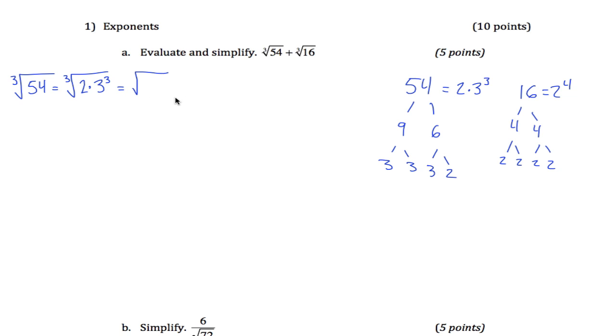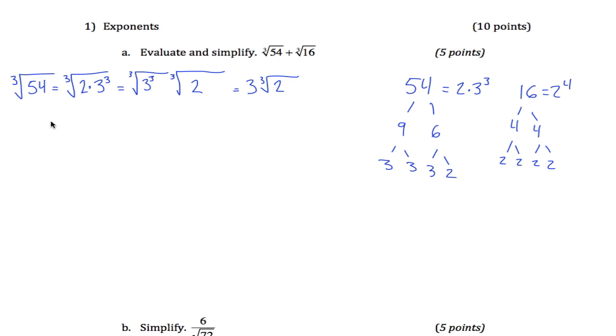And so the way I teach people to write these are what I call good radical and bad radical. Good one over here, you put everything that's a perfect cube, and the bad one, everything that's not a perfect cube. And then the cube root of 3 cubed is 3. So what we get is the cube root of 54 can be written as 3 times the cube root of